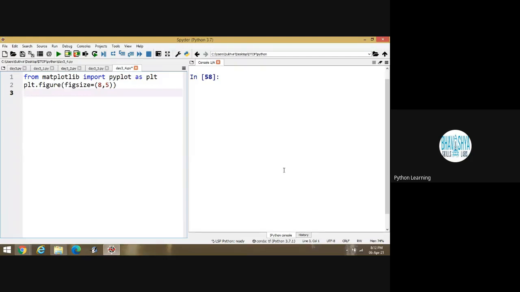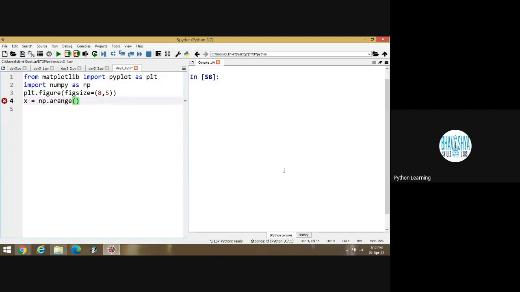Suppose one set of values are there. Import numpy as np. So some set of values are there. x is equal to np.arange.